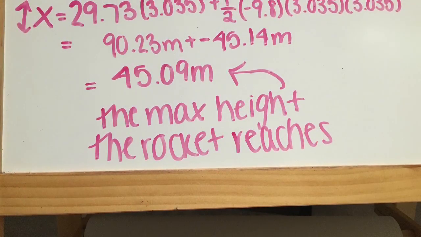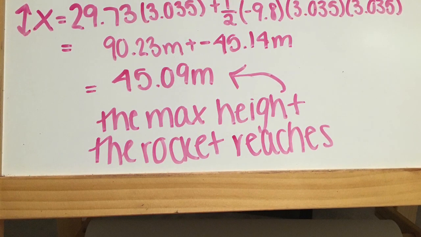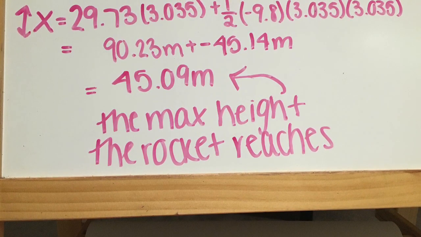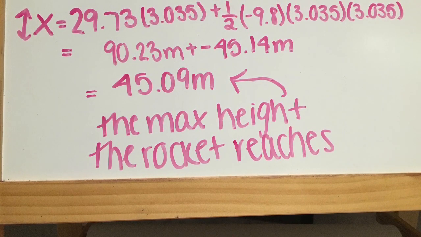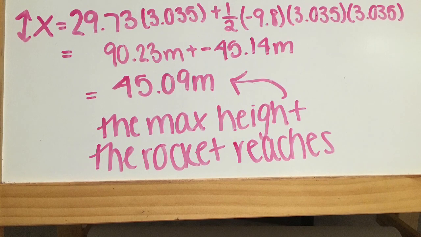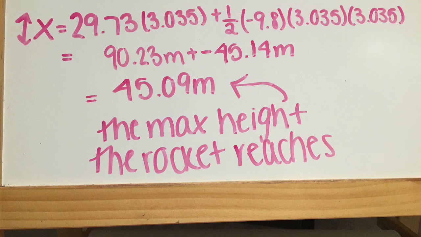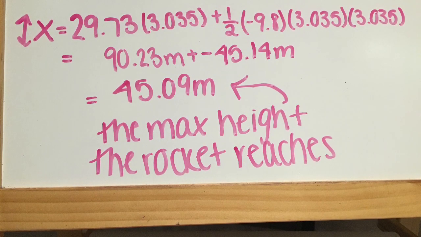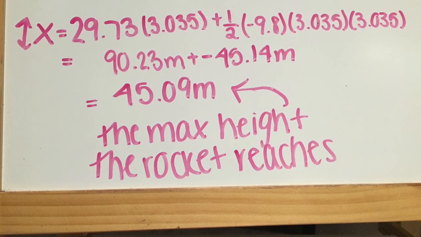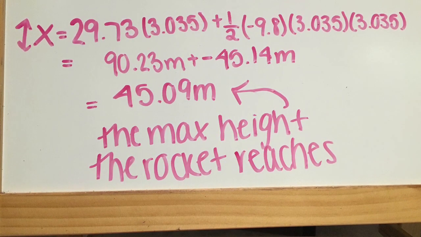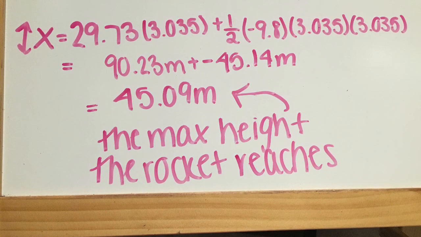Now we have all the necessary information to fill out our displacement equation, which will help us find what the max height that the rocket reached was and what the horizontal distance traveled was. The displacement equation is displacement equals initial velocity times time plus 1/2 times acceleration times time squared. In order to find our vertical displacement, which is the max height that the rocket reached, we need to plug in our numbers. This would equal